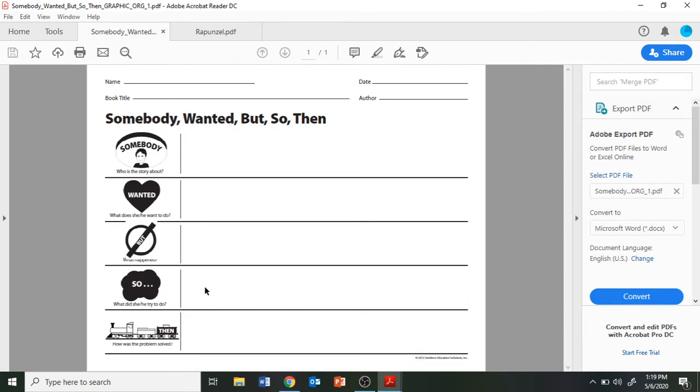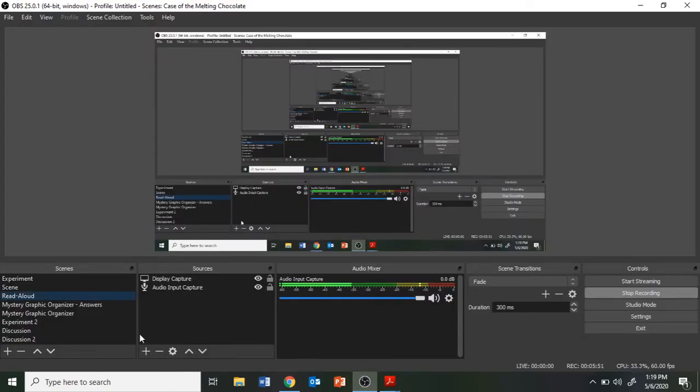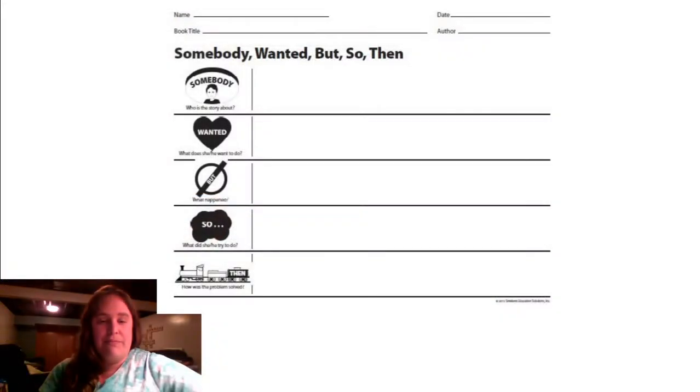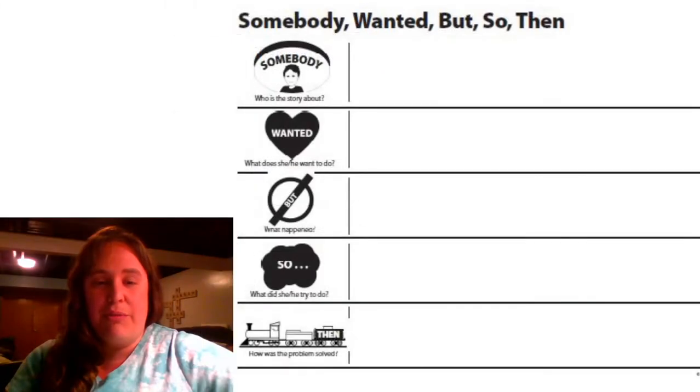You actually have 2 assignments that you need to do for me. The first one is I'd like you to fill out the answers to that graphic organizer. Remember, you don't need to print it. You can just write it out, or you could talk over the answers with somebody, an older adult or an older sibling at home. I want you to talk over the answers. Who wanted what, but what happened, which we already talked about. So you're really responsible for those last 2 answers. So, and then what happened.